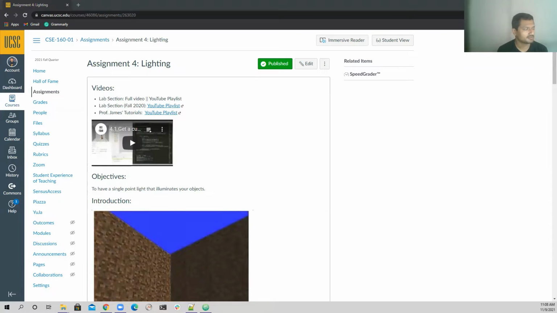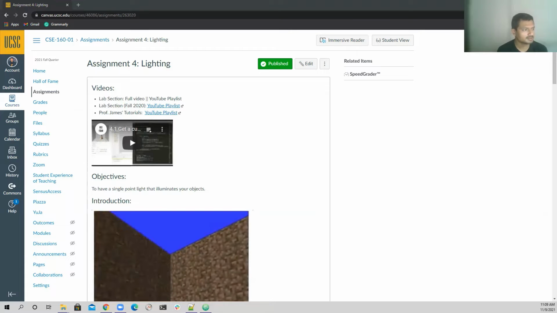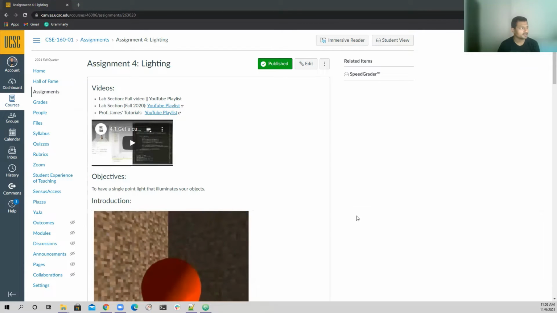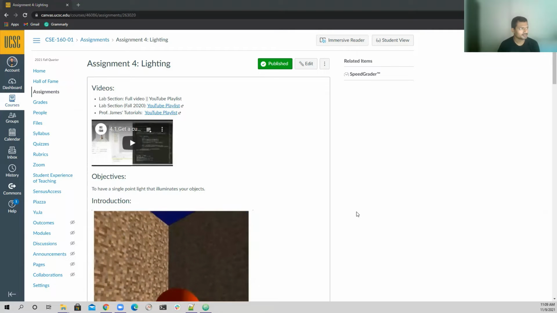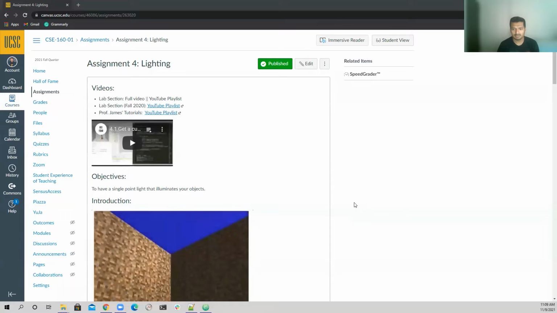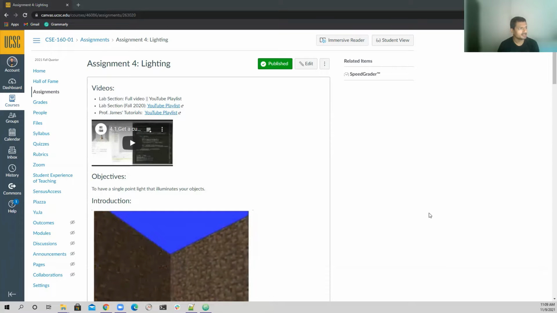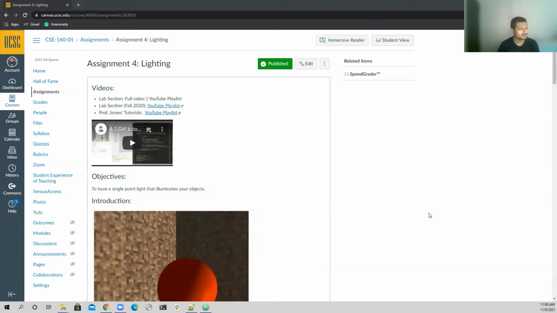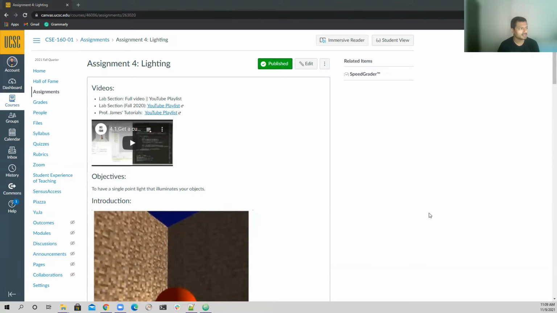Welcome to the lab for the assignment for lighting. We are going to discuss how to add lighting effect to your scene, and that's the main objective for this next lab assignment 4. As usual, first I'm going to discuss a little bit about the requirement of the assignment, and then I'm going to show you some examples. We're going to write some code based on our previous works and show you how to add lighting effects